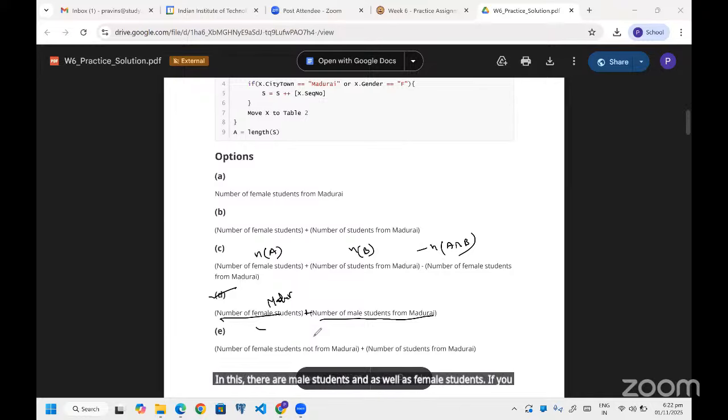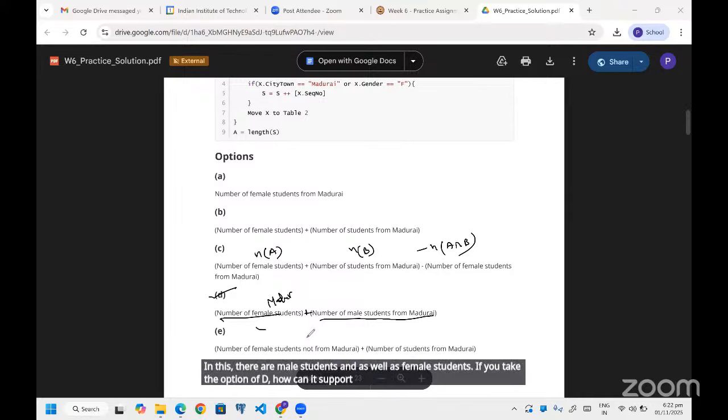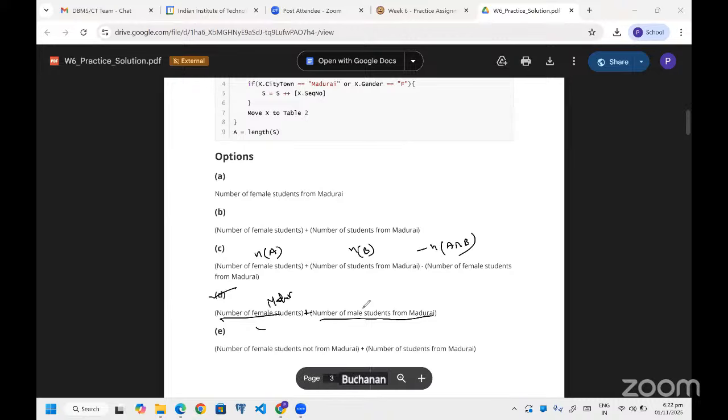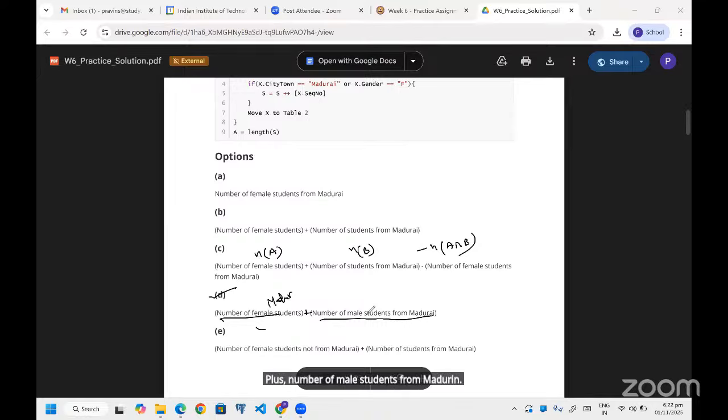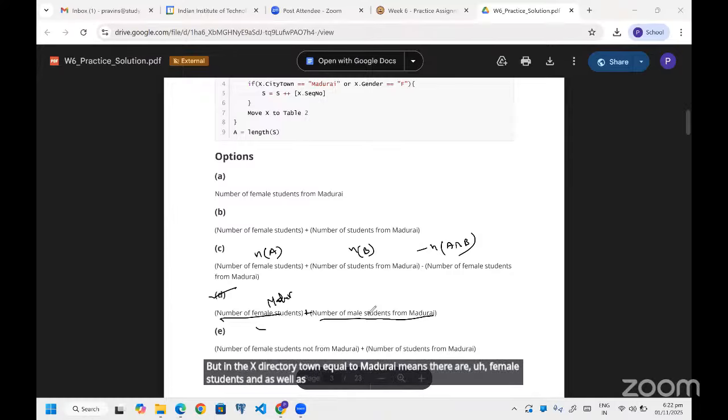If you take option D, how can it support, sir? X dot city town equal to Madurai. Option D is the number of female students plus the number of male students from Madurai. But x dot city town equal to Madurai means there are female students as well as male students, no, sir?